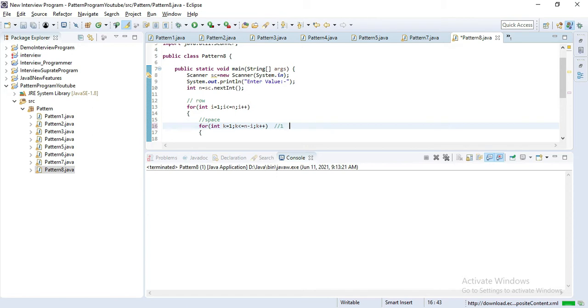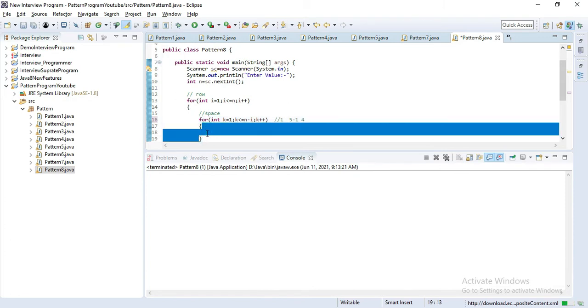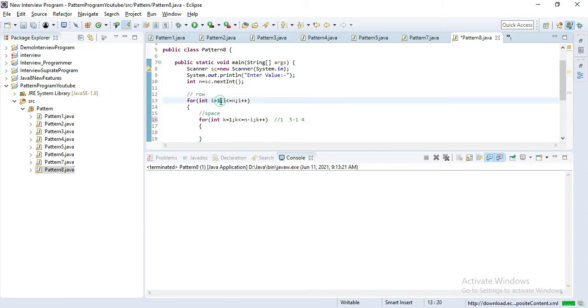Let's consider n is 5 and i is 1. 5 minus 1 becomes 4. In the first iteration it becomes 4, which means the loop runs 1 to 4 times and prints 4 spaces. The second time, i increments to 2, and 5 minus 2 means 3. In this second iteration it will iterate only 3 times, 1, 2, 3, then 2, and so on.